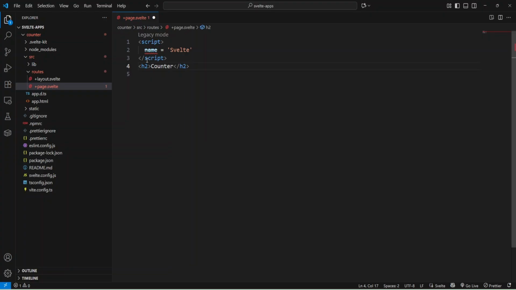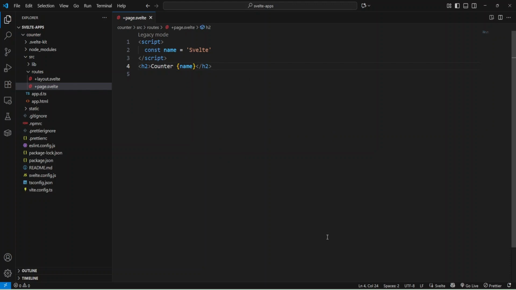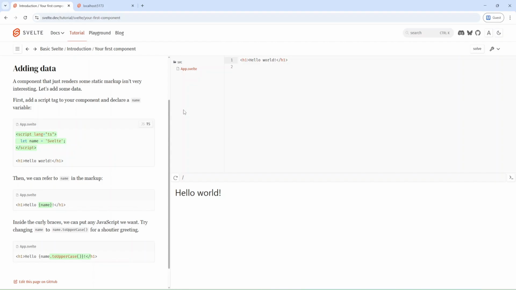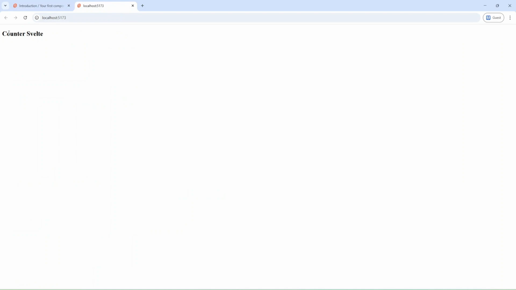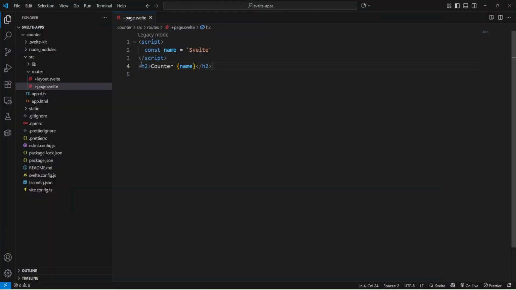Okay, I need to add something like const or let, it's just JavaScript, and now I can provide this variable to my code, to my template, and let's check. You can see I have counter Svelte, but I'll change this name to count because I'm going to build a counter app, and here I'll just provide the initial value